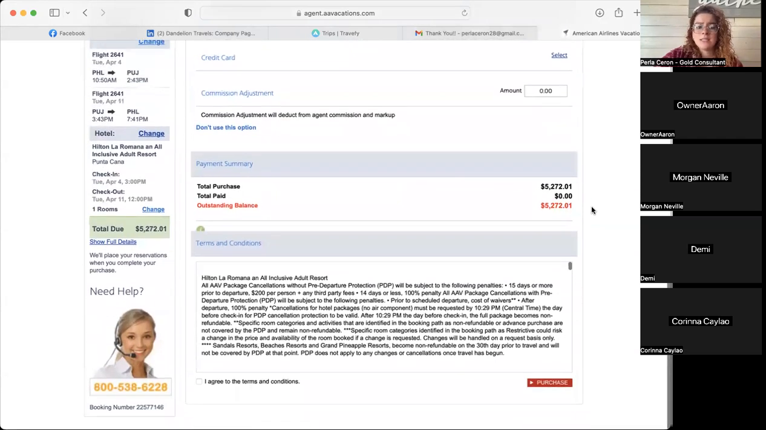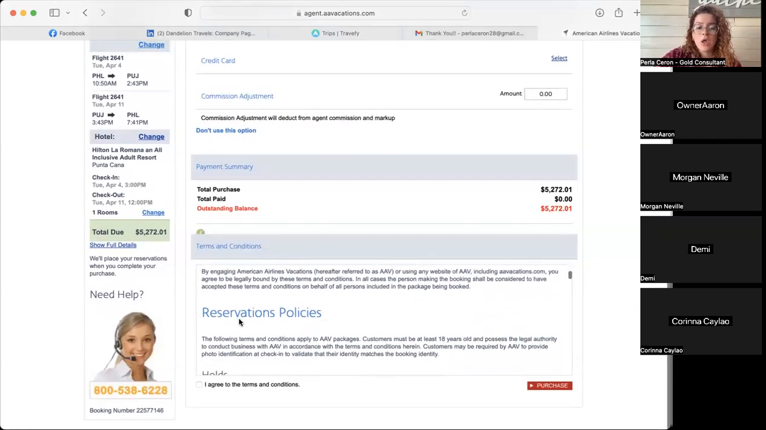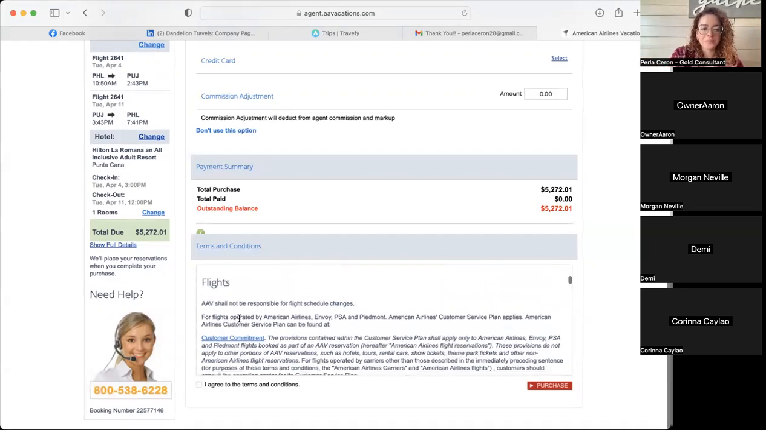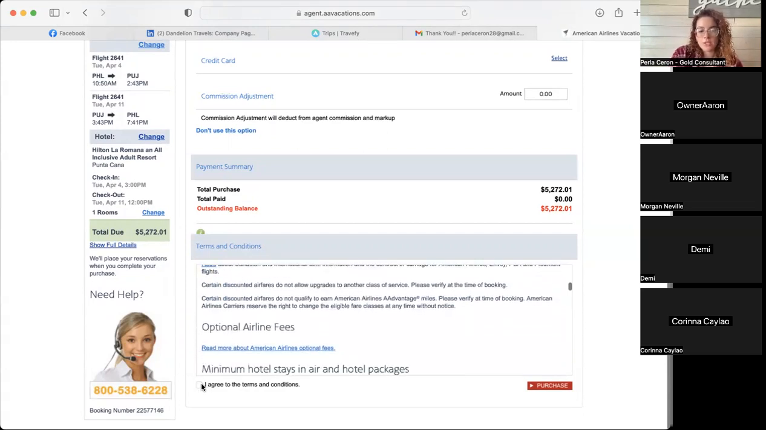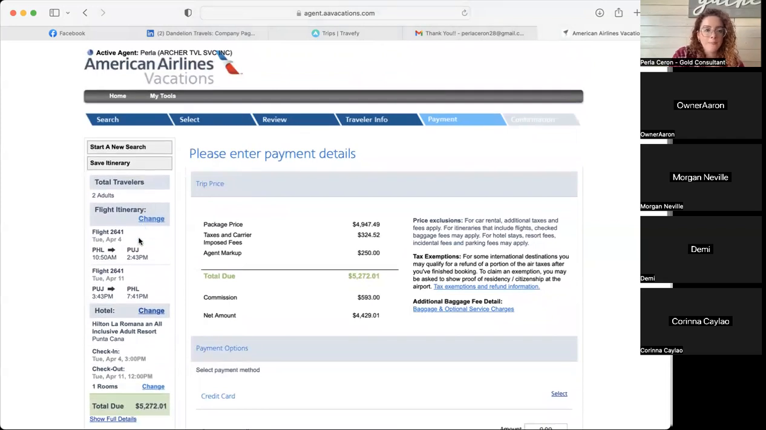So that's really it, right? So then obviously these are just the terms and conditions that, as with any type of vendor or supplier that you use, they're going to have their terms and conditions, right? So that's really it. And then I agree to terms and conditions and purchase. So what I'm going to do is I'm going to go back